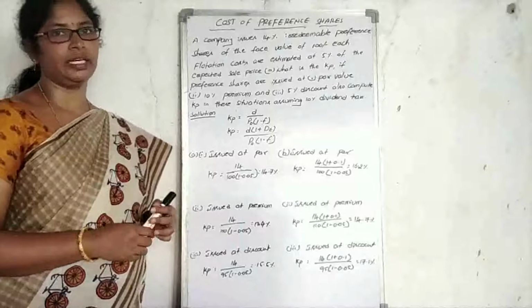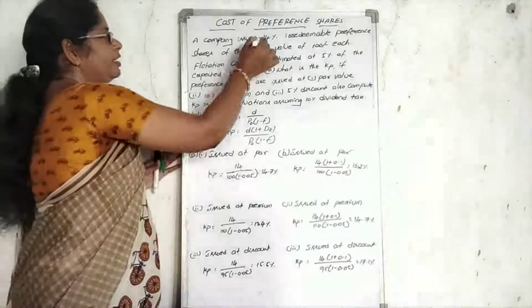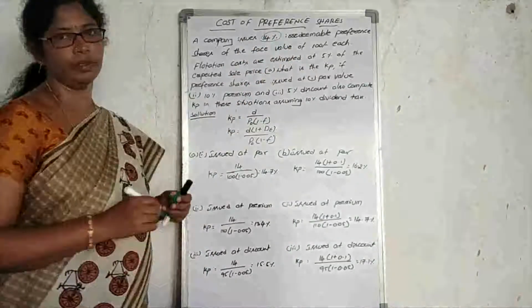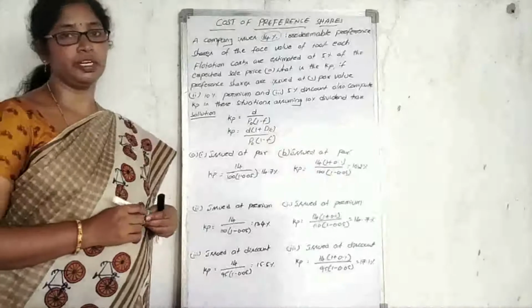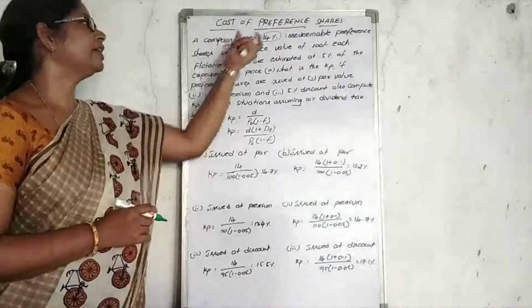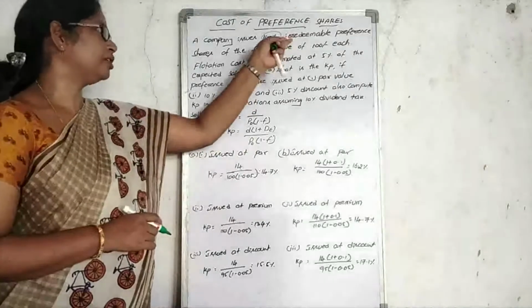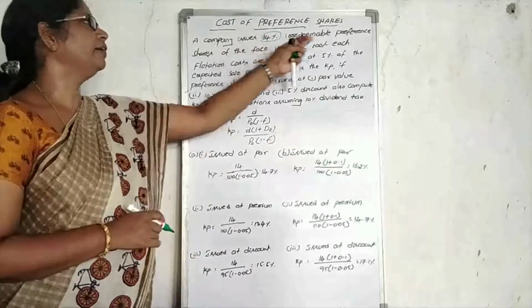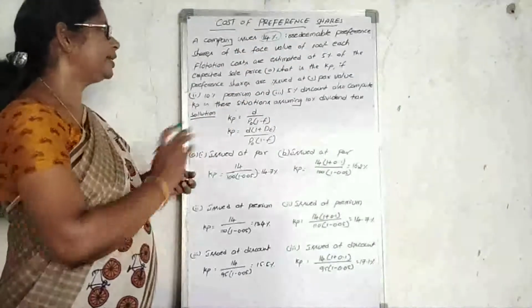So many times you can observe before the preference share capital one figure will be there, that is 14% or 10% or 15% like that. So what is that figure? After that maturity period they will receive a certain value. So that's why most of the time a figure, a percentage, is mentioned before the preference share capital. Okay, let's come to the problem.